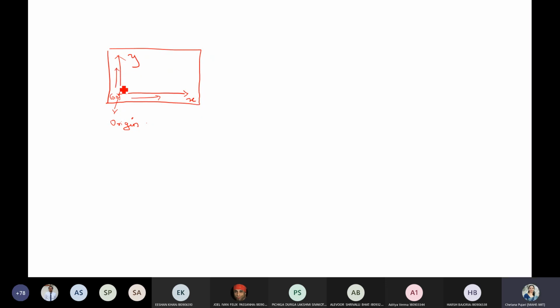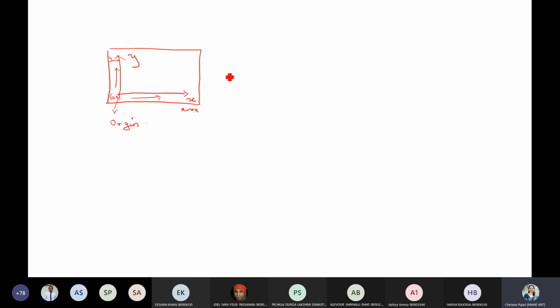So this is the range of your Y from 0 to some Y max, and it depends on your screen what the value of Y max or X max is. So let's say this is X max. We have values from 0 to X max, and here we have values from 0 to Y max. As we are going for a raster scan system, whenever you need to draw a picture, the intensity value at a specific pixel position is needed to display the picture, right?